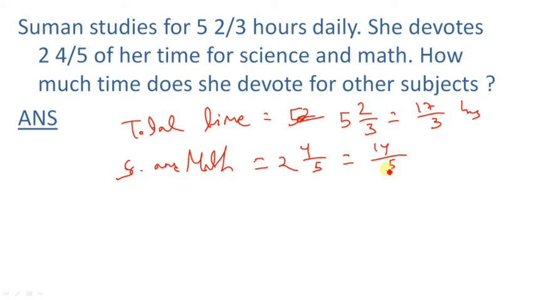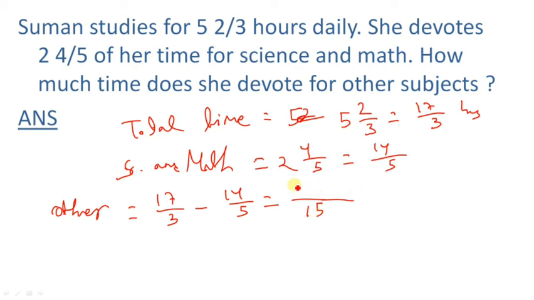What do you do in that case? You simply subtract. So in this case, you will also subtract. For the other subjects, what will be the time? 17 by 3 minus 14 by 5. First we have to find the LCM of 3 and 5, which is 15. Now 15 divided by 3 is 5, and 17 into 5